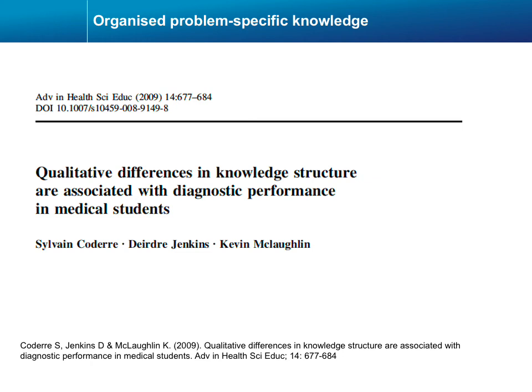So for example, when diagnosing a case of anemia, the poor students just talked about anemia in quite a haphazard fashion. But the good students started with, what's the MCV? That's the mean cell volume. If it's low, I'll do this. If it's normal, I'll do this. If it's high, I'll do this. They had an organised, structured approach, a decision tree in their head for how to go about solving that particular